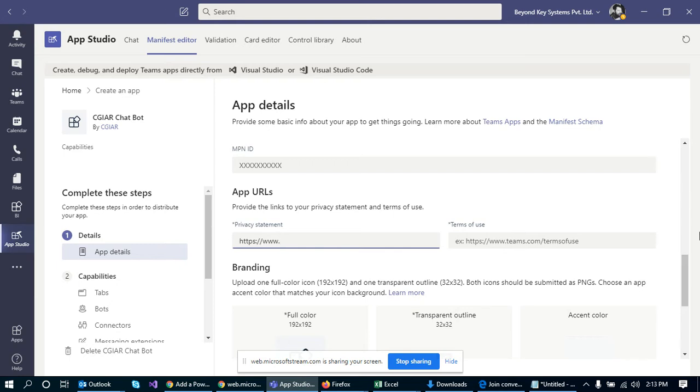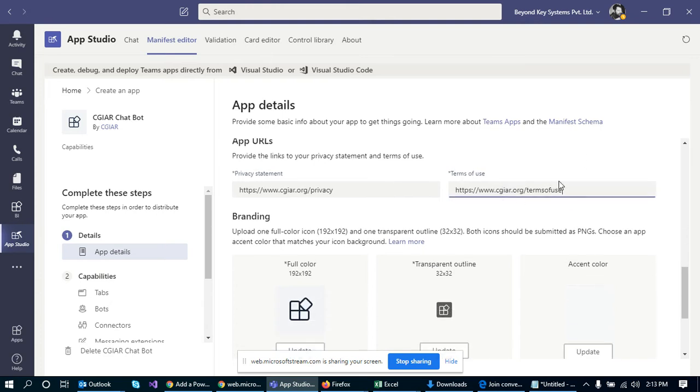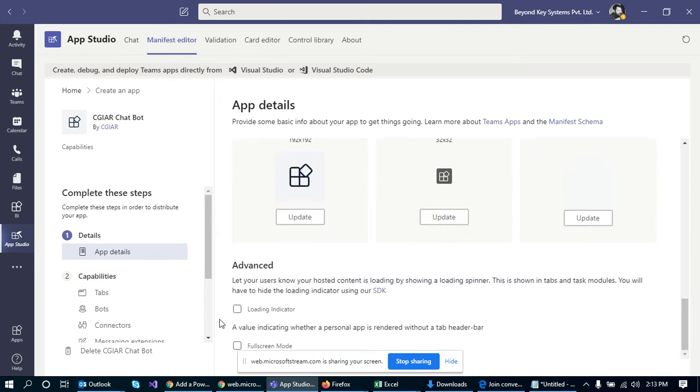Currently, this is a test chatbot, so we don't have anything. We'll just have to give a meaningful name. As per Microsoft, this is a mandatory field, so I've added it. Then click on loading indicator and full screen mode.